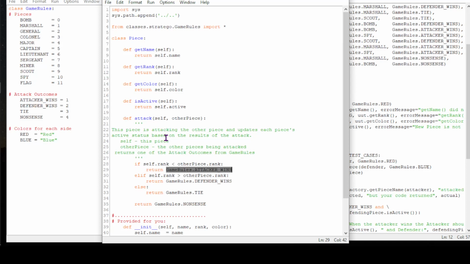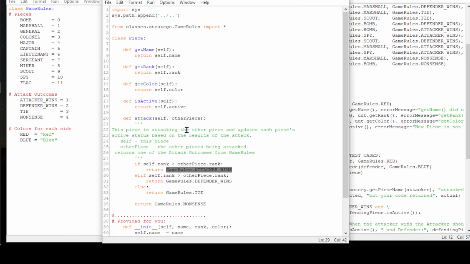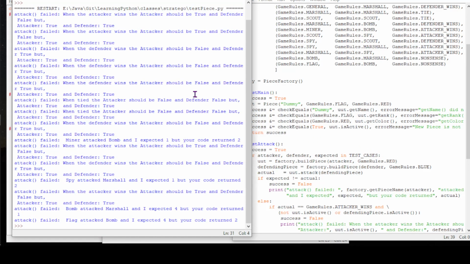But let me save my class here. I could run it, but it's not going to do anything. It saves, but it doesn't actually do anything because I have no tester inside this class. So again, I have to get used to this idea of running it in the tester class. All right, so now